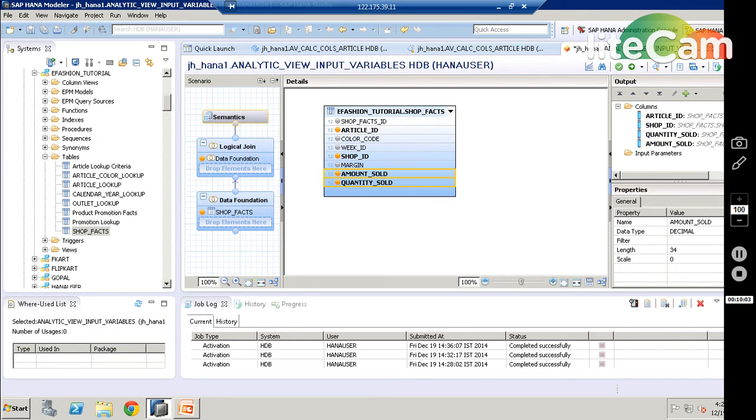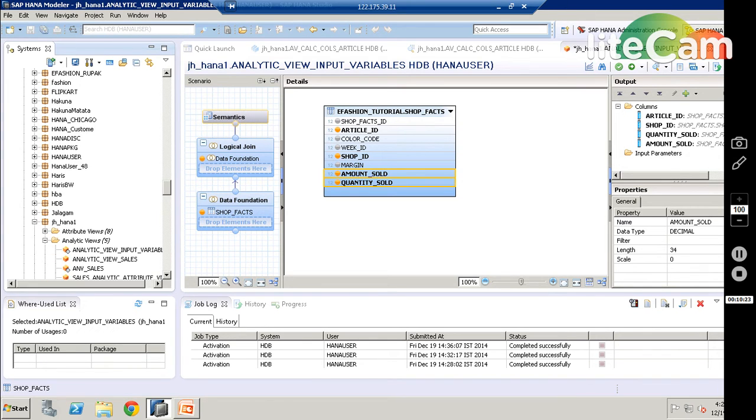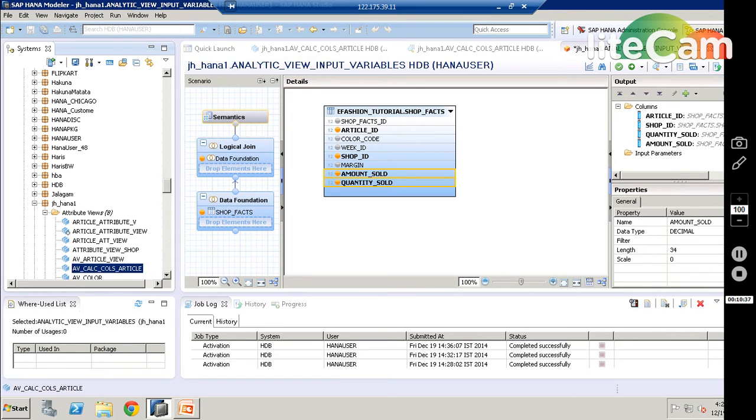These are added to your data foundation. Now you have to associate your article analytic view to this, where you have the attribute view with all your other attributes. Yes, I have analytic views, and in this analytic view I have attribute views, ab_calculated_columns, this one ab_calc_articles, right? So you just drag it into your logical join.